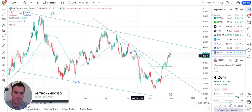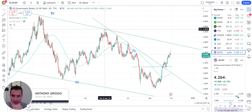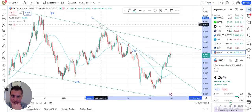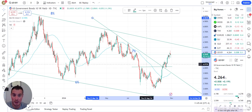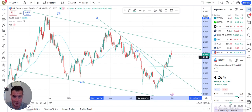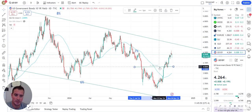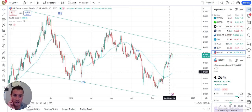All right, so market update October 30th. What we're looking at is a big violation of this trend line right here. All right, so you're going to witness me actually deleting a line because it's no longer relevant. There's two lines here that are no longer relevant, and then the chart's going to clear up a lot more. But once we take this one and this one out, because those are now gone and past, this is what